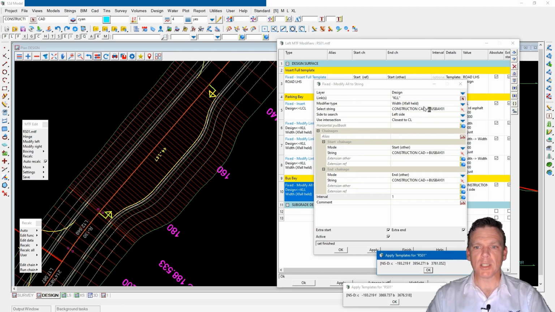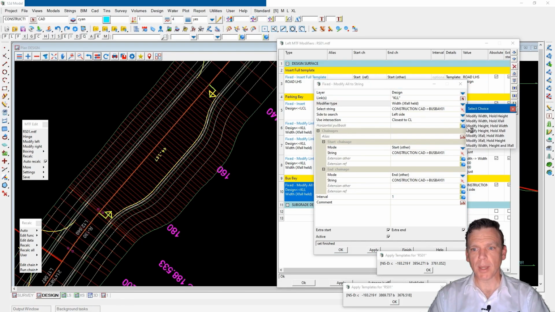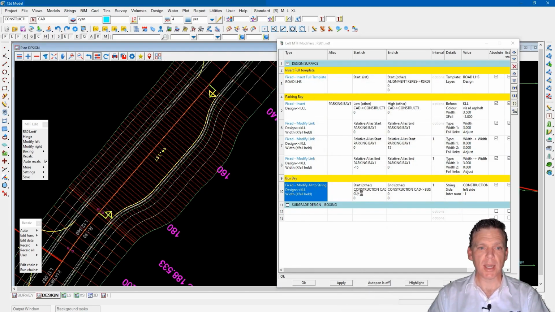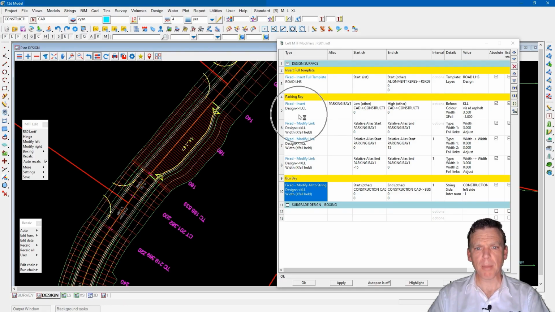Now, I've only told it to change the width, but if that parking bay, bus bay there actually had some vertical geometry, we could also, again, change the width and its height, or match the vertical of the string that's been geometrically designed out there. So the center line and the bus bay could be independently designed but linked together with the string there. So modifying to a string is also one of the commands that is used quite a bit. Helps us match in with existing boundary lines and such to get a nice clean fit and a finish for our designing places. So that's a couple of the commands that is utilized quite a bit on the left hand side